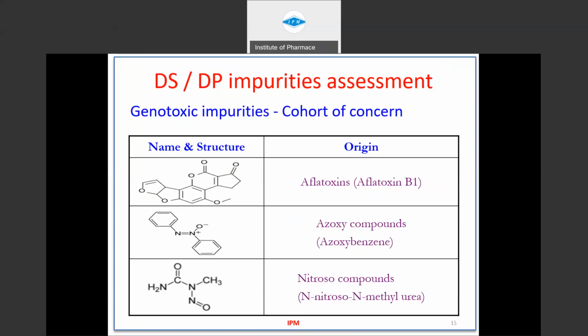So any azoxy compound formed of this nature is again a cohort of concern. Same way, nitroso compounds, N-nitroso compounds, either N-nitroso methylurea, methylamines. You know, at present, N-nitroso compounds, nitrosamines are causing wide